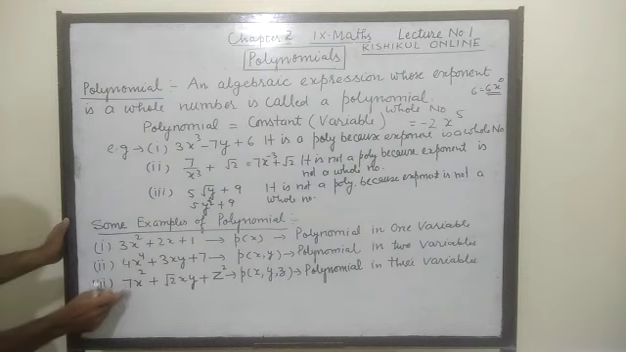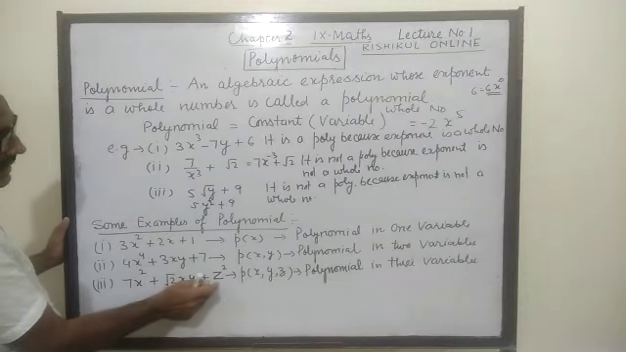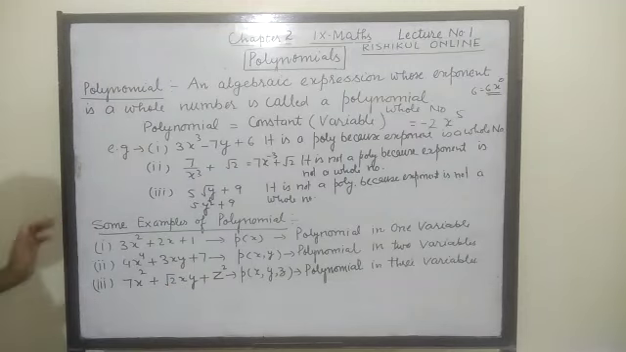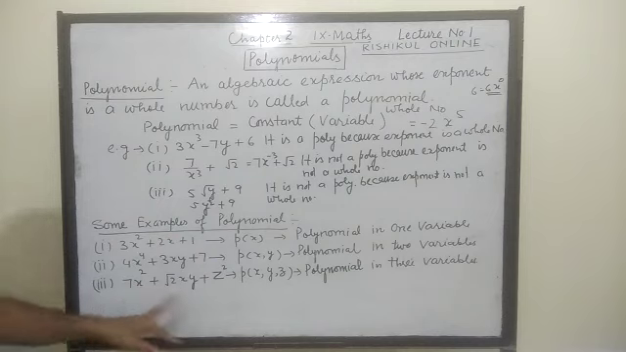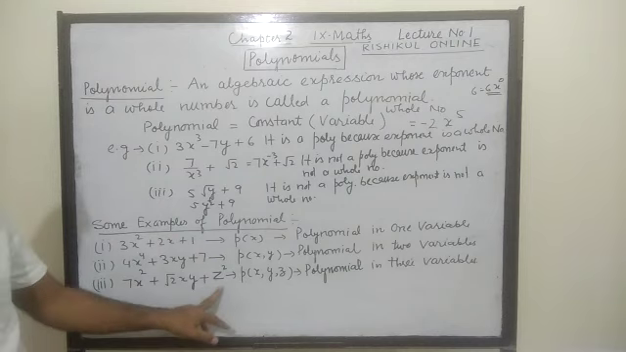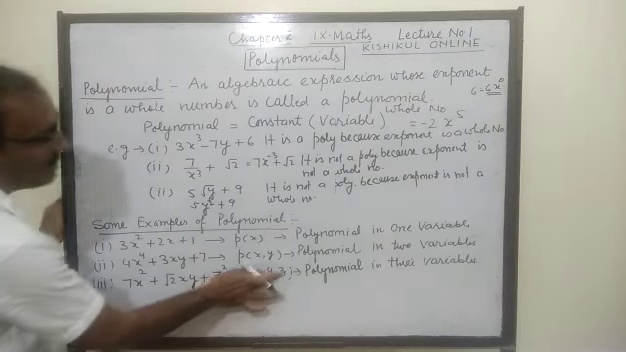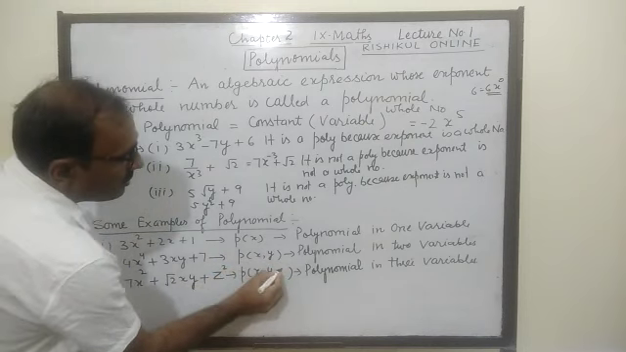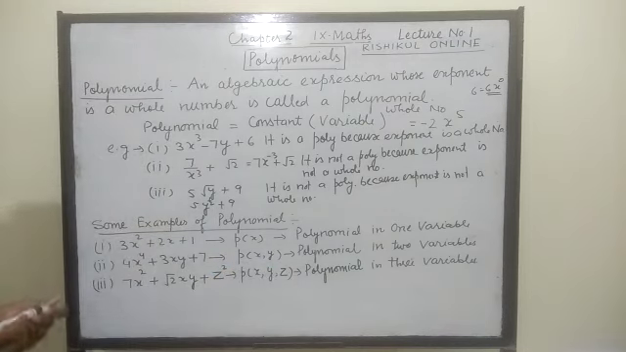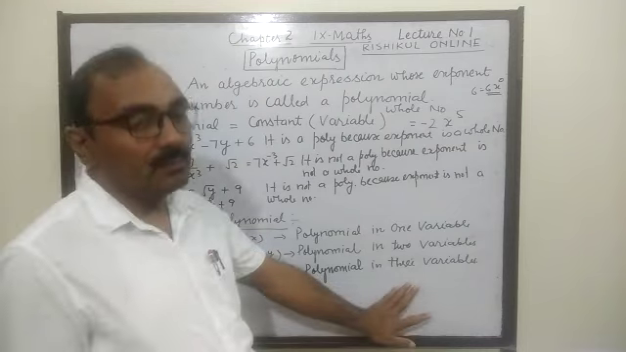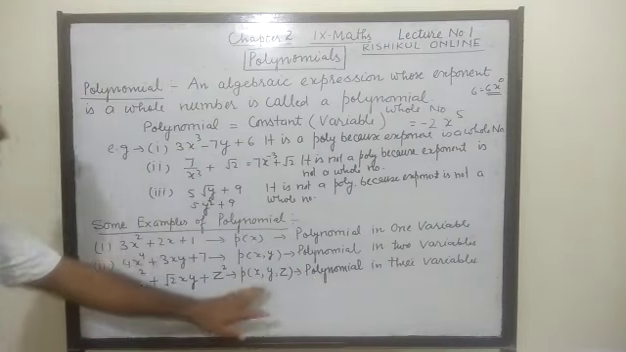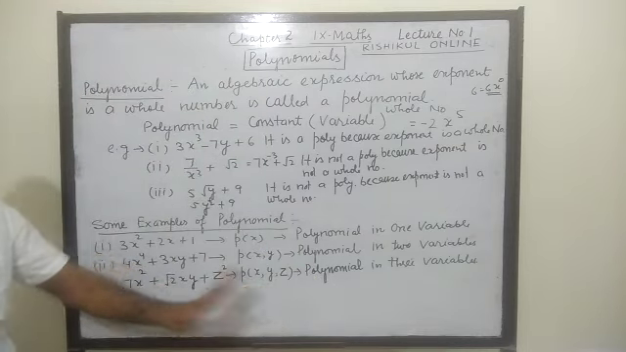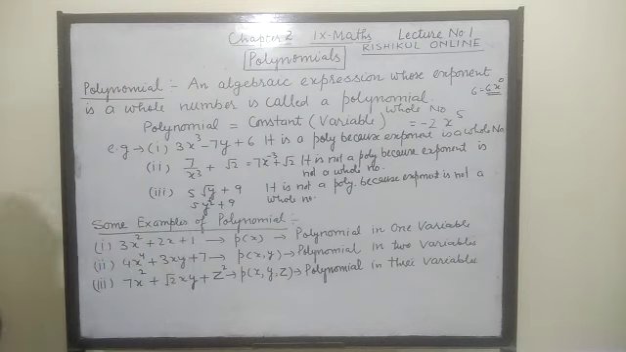Next one is 7x square plus root 2 xyz plus y square equal to p of x, y, z, here variable z. So this polynomial is in three variables because here variables are 3. Clear, students? Now next,